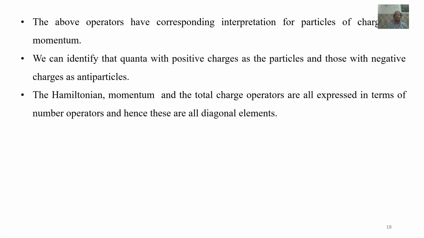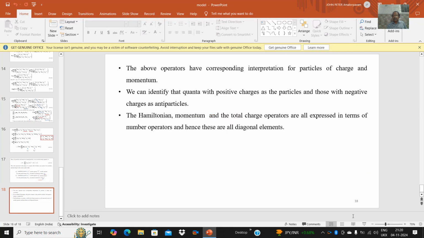We can identify the quanta with positive charges as the particles and those with negative charges as antiparticles. So we have the particle concept and the antiparticle concept, one for n plus, another for n minus, nk plus and nk minus. The Hamiltonian, momentum and total charge operators are all expressed in terms of number operators, and they are all diagonal elements. That's why we can say that they are all eigenvalues. So that is the end of this complex scalar fields, and I have derived